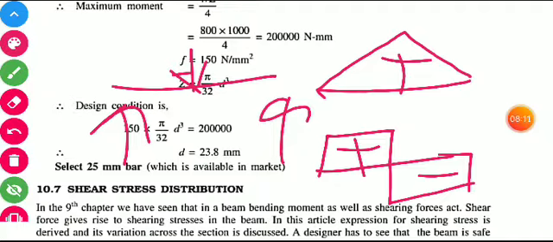So what is the shear force and bending moment relation? At a point where the maximum bending moment occurs, the shear force value is 0. Maximum bending moment occurs at the center of the beam. Here, this positive to negative shows where the minimum shear force occurs. The shear force divided by the area is our shear stress. So in this chapter our task is to find the shear stress distribution over the whole section.